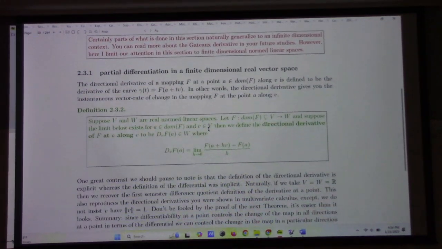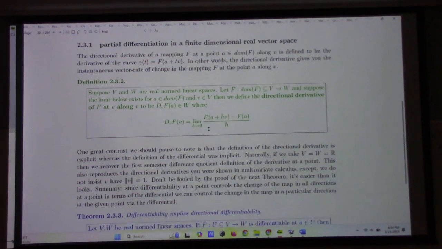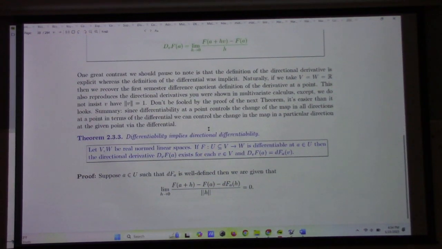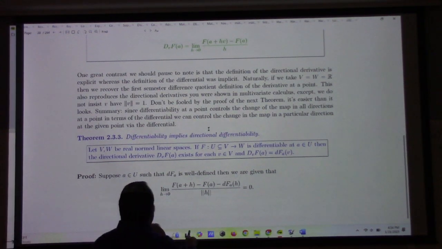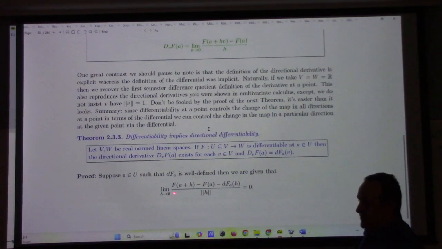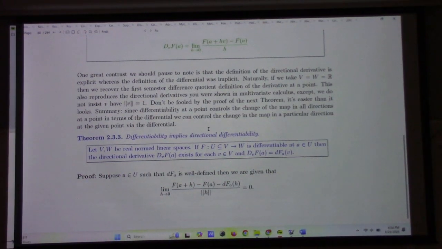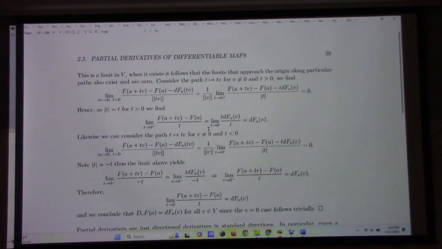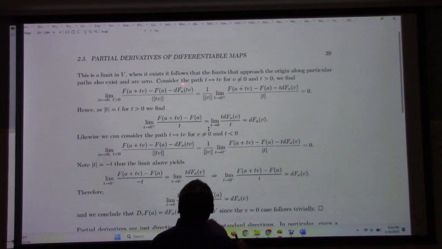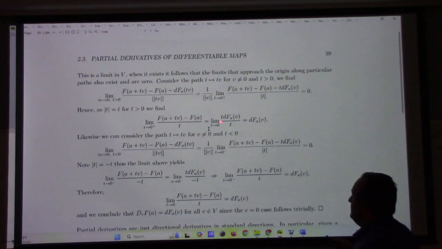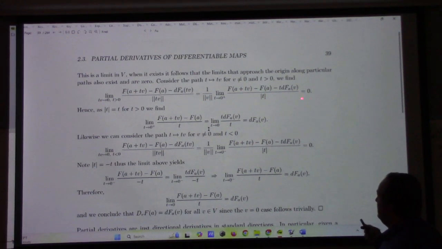All right. So we talked about the definition of directional derivative a bit, and I claimed this theorem that differentiability implies directional differentiability. Here's the proof of that. So suppose that f is differentiable. Then we know that this limit exists. If that limit exists, that means that all path limits also exist. So the path limit I can denote by t v goes to 0 as t greater than 0 of this. But then I can pull out the norm of v like so, and then I have this equal to 0. And as absolute value t is equal to t for t greater than 0,